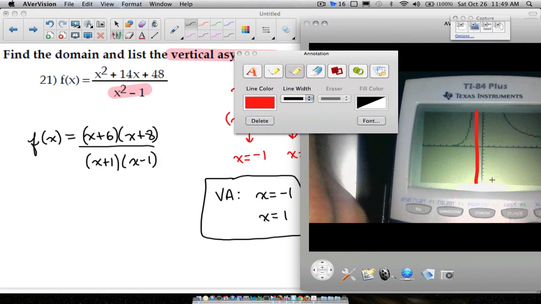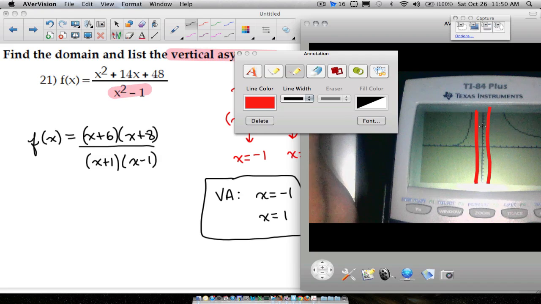And this right here is when x is equal to +1. Those are supposed to be vertical lines. Now notice over here, this graph does start to freak out as it gets close to that red line. It starts to shoot up real quick. Now, I don't see any part of the graph between -1 and +1, but there's supposed to be some stuff in there. And what's happening over here, as this curve is getting close to +1, it's starting to